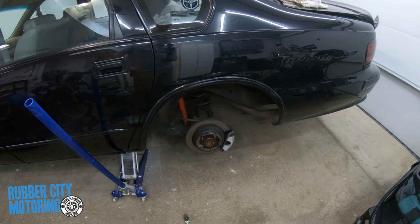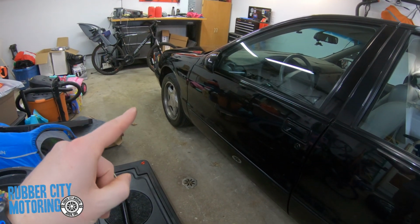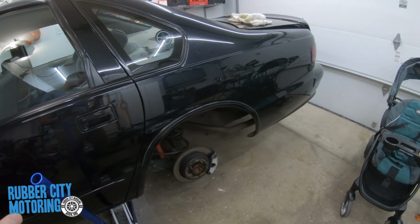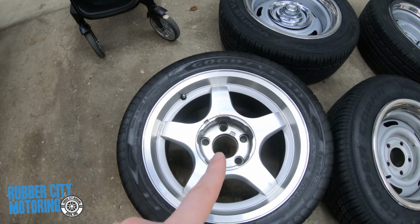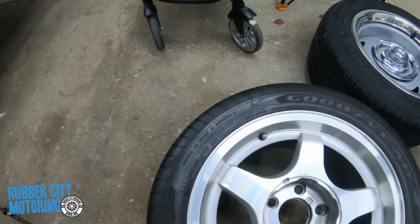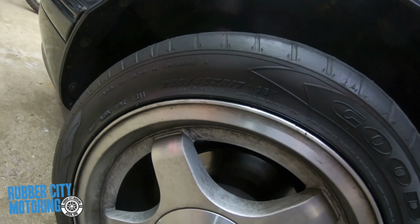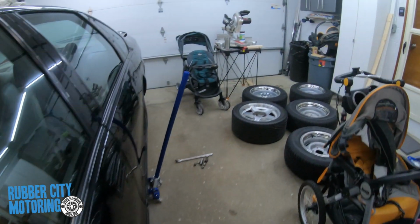Obviously, I have a wheel off. The main reason I did this was, if you look at my front wheels, actually all my wheels are really dirty because I parked it for the winter, kind of gave it a quick wash, and that was it. The tires that are on here now are Goodyear Eagle F1 GS D3s. The back is a 275/40/17. The front is a 255/45/17. Very nice tires, super fun, but